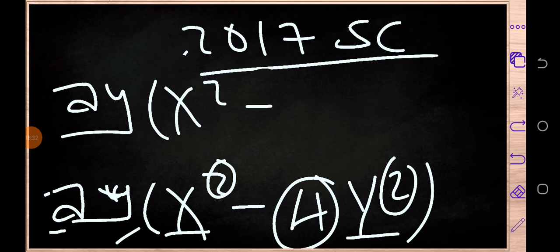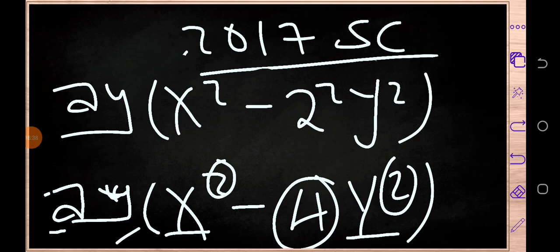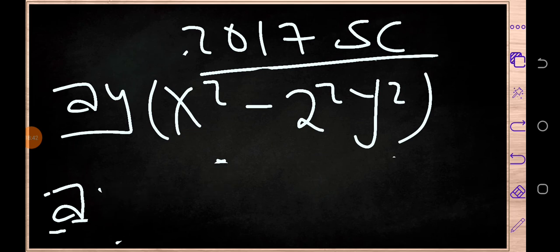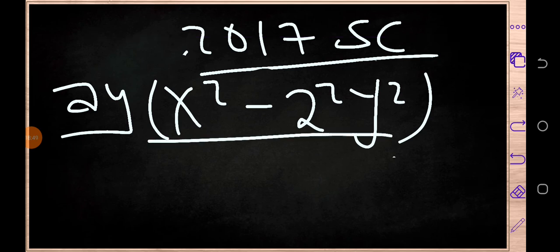X squared minus the square root of 4 is 2 squared. Then y squared. Okay. So having done that, we are going now to the last step. We are going to factorize now this using the difference of what? 2 squares. So we are going to say a1